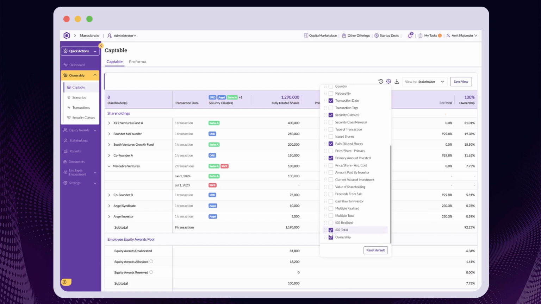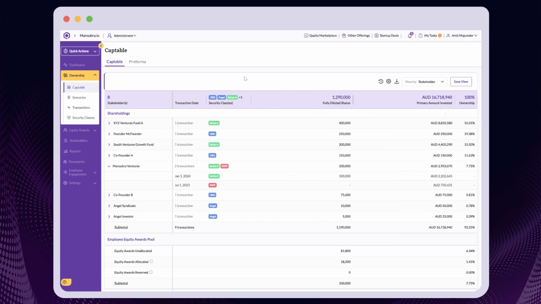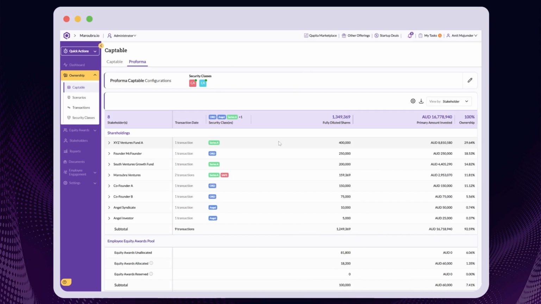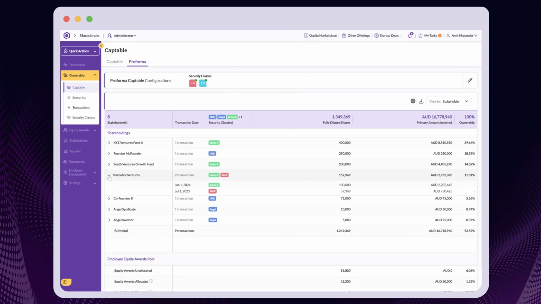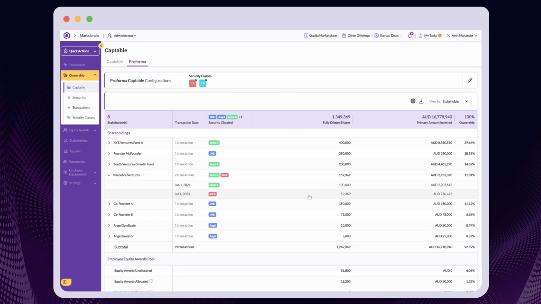The cap table also allows you to run pro forma scenarios. Curious to know what's going to happen if the convertible instruments, for example, these SAFE notes, were to convert? You can run the scenario and Qapita will spit out the cap table based on input parameters. The platform will, in this case, calculate and show the number of securities that will need to be issued for